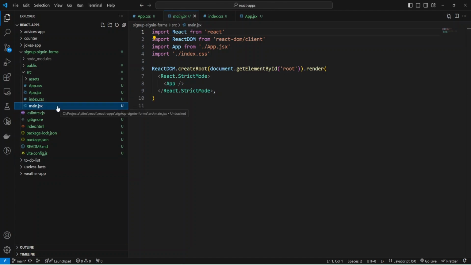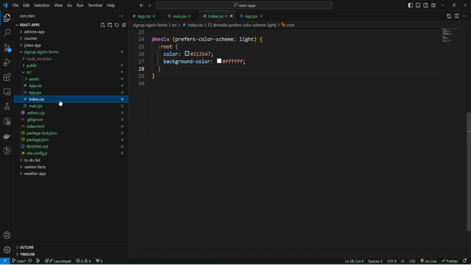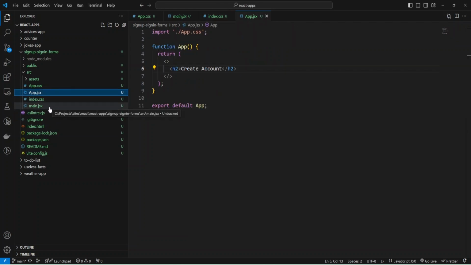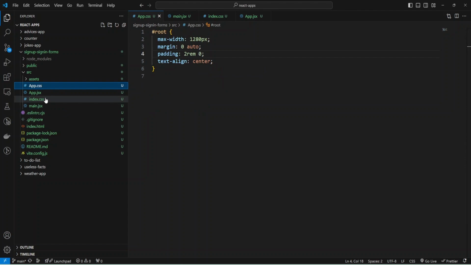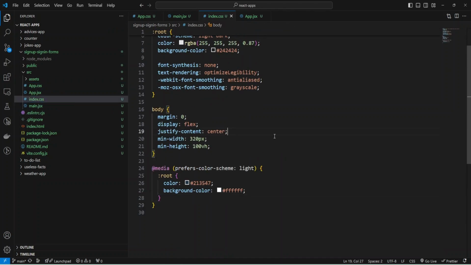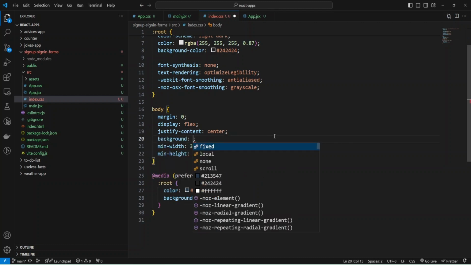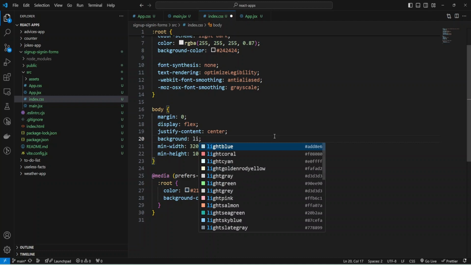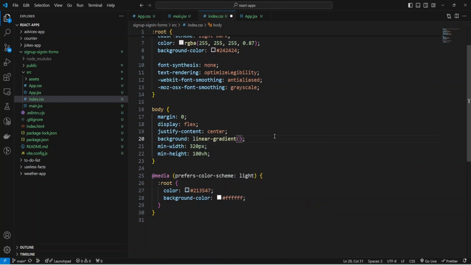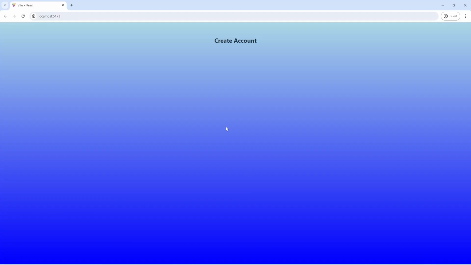And now I'm going to change the styles for my body to add some background color. And for body, I'm going to make it background and add linear gradient and assign a light blue, from light blue to blue. And let's check what we have. Okay, we have our background color, and also we can change the title